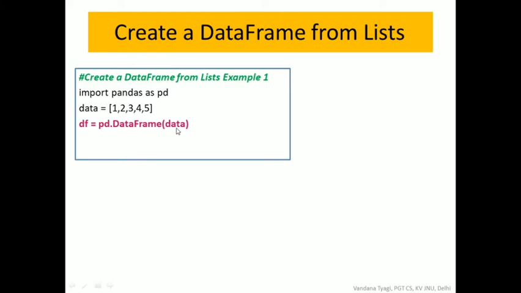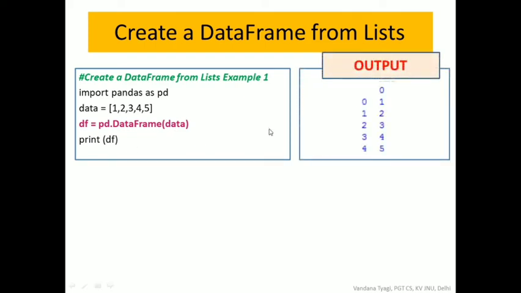We have studied that we can create a data frame with the help of a list, dictionary, series. So this is the input here. In this case, my input is this list 1, 2, 3, 4 we are passing here. Then once you print this data frame, we have this kind of structure. Now since we are not specifying any of the other attributes here, like we are not specifying columns, we are not specifying index, there are no row and column labels passed here. By default, the pandas library will create the column and row indexes automatically, like 0 here and here 0, 1, 2, 3, 4. So these are my row indexes and this is my column index 0.